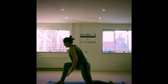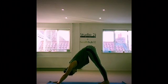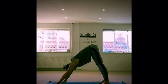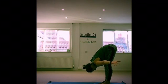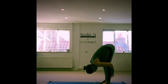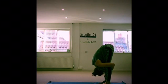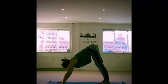And then opening out your arms, plant your palms, tuck your left foot under, stepping up and back, downward facing dog. And gently start to walk your hands back towards your feet and interlocking your fingers behind your calves. Drop your head, trying to get your thumbs towards your eyebrow centre. And gently release. And then we're going to walk your hands forwards back to downward facing dog, sticking with the